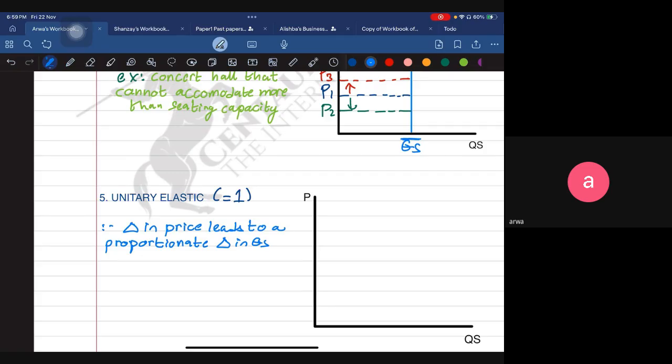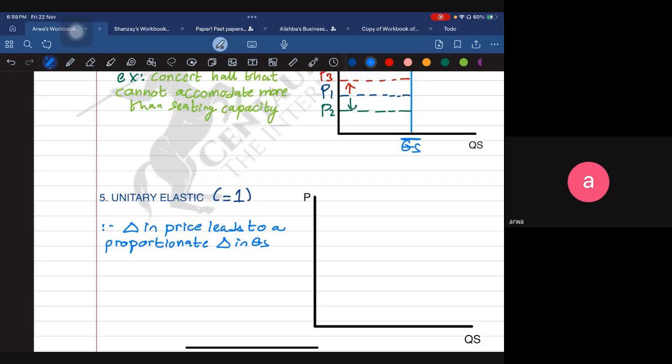It can be like a semicircle, and that would explain it, or it can just be a straight upward sloping line. Exactly. So the height is going to be